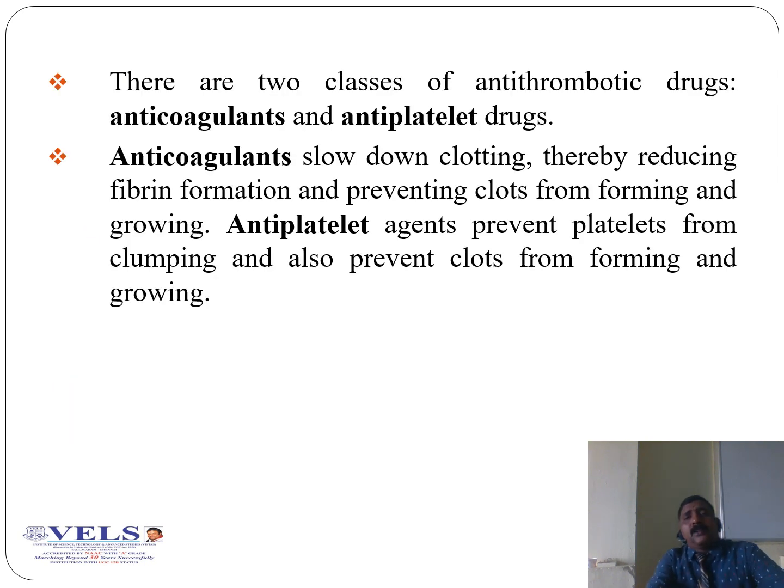There are two classes of antithrombotic drugs: anticoagulants and antiplatelets. I already discussed them in two topics before. What is the mechanism behind that? Anticoagulants slow down clotting, thereby reducing fibrin formation and preventing clots from forming and growing. But antiplatelet agents prevent platelets from clumping and also prevent clots from forming and growing. You can understand the difference: anticoagulant is different,